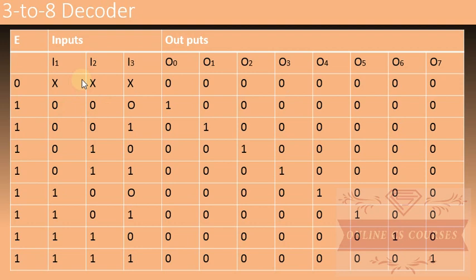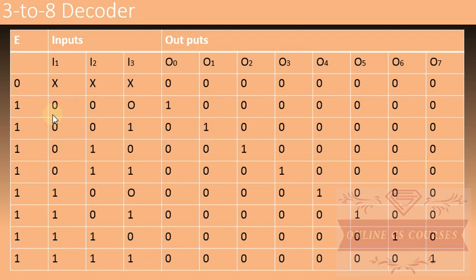So discussing the function table after 3 to 8 decoder, हम इसका जो टेबल इम्प्लीमेंट करेंगे वही तरीका है। 3 इनपुट्स है तो 0 1 0 1 0 1 एंड 0 1, 0 0 1 1 0 0 1 1, 4 zeros एंड 4 ones। और इसके केस पे इनेबल लाइन हमारे पास 1 है। जहाँ पे इनेबल लाइन 0 है तो नो इनपुट है, 0 आउटपुट्स हैं। इनेबल लाइन इस सब ऑपरेशन के लिए 1 होना चाहिए, ठीक है।